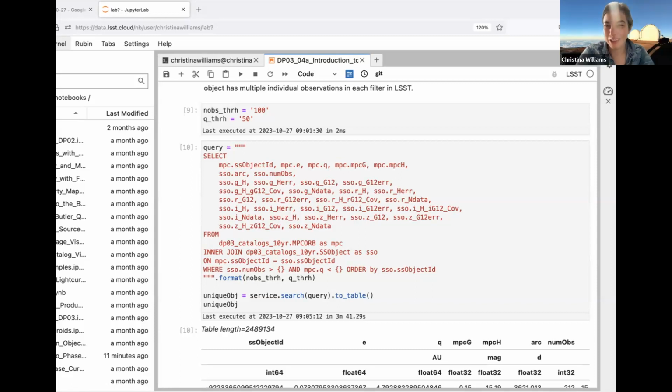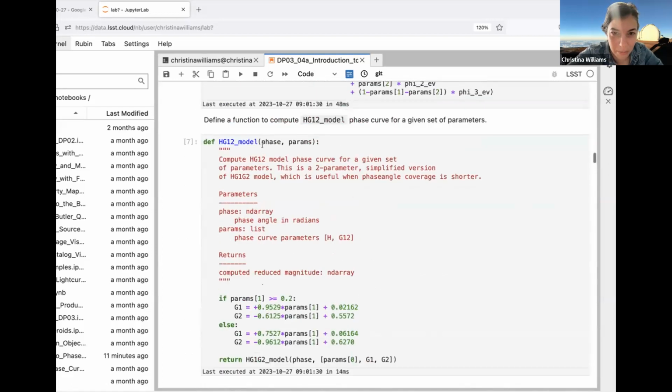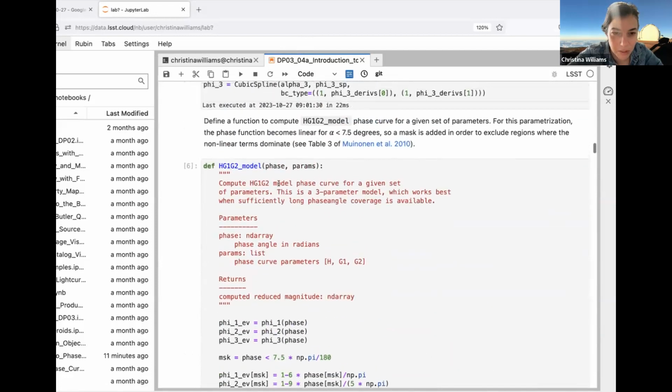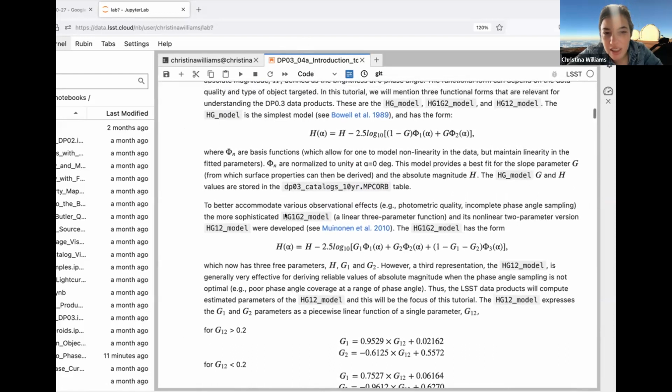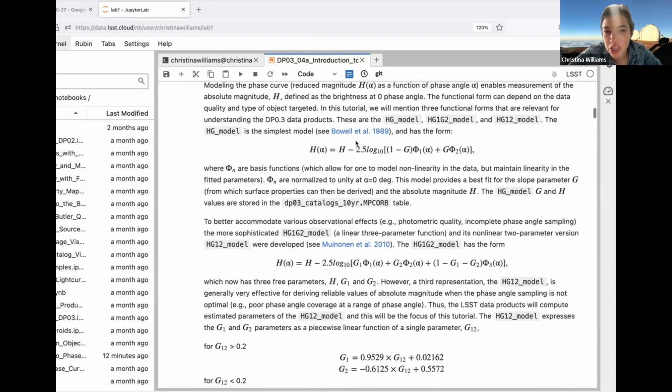So this is reaching the limit of my understanding of solar system astronomy because I'm a galaxy astronomer. My understanding, and I'll scroll back up to the forms in the introduction, is that the basic one is the HG model, which has just 2 parameters. But if you include more complex models with G1 and G2 and some other basis functions, this helps to accommodate